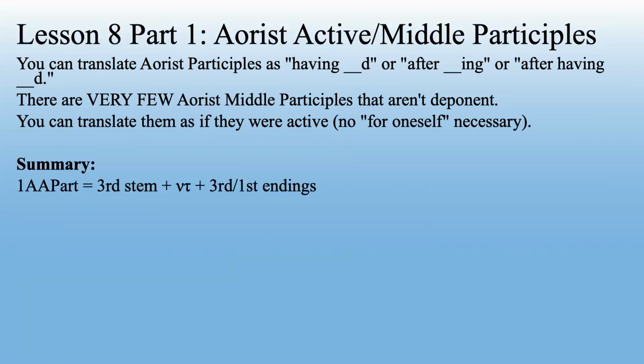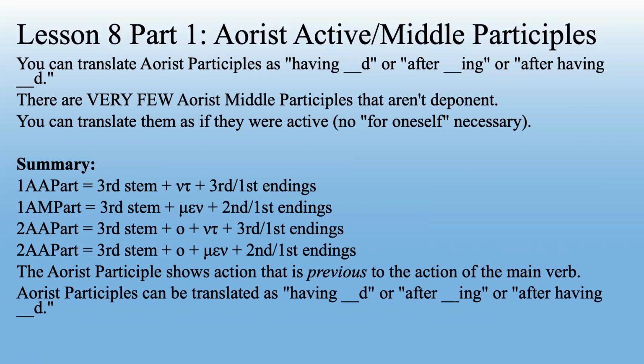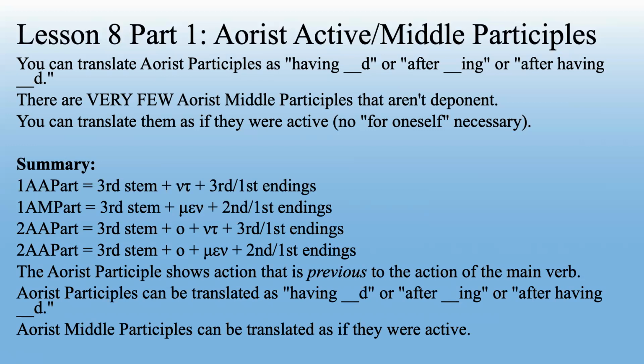So, summary, here are our formulas. Aorist participle shows action that is previous to the action of the verb, so we're going to translate that with having blanked, or after blanking, or after having blanked. And aorist middle participles can be translated as if they were active, whether they're